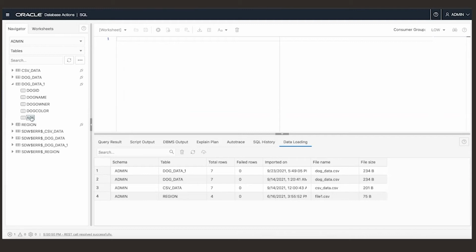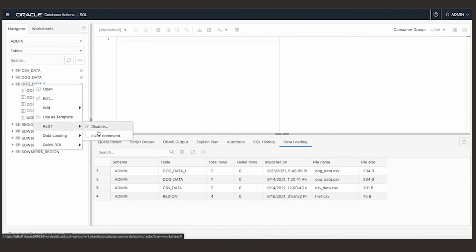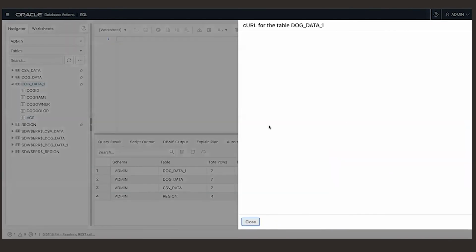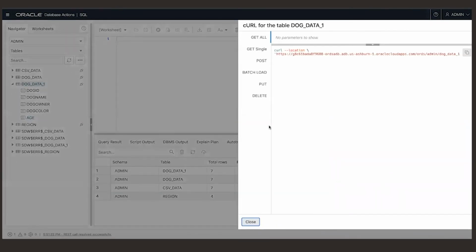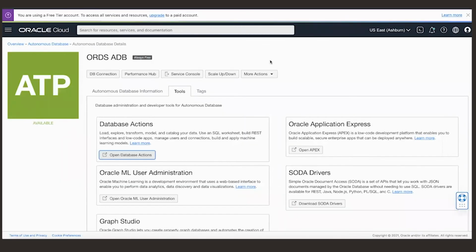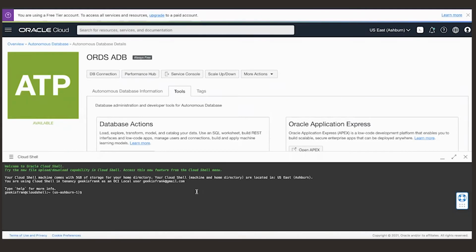So for example, if you would like to use a curl command to query the data, you can just click copy. And then if we go to the OCI console, you can test via Cloud Shell.